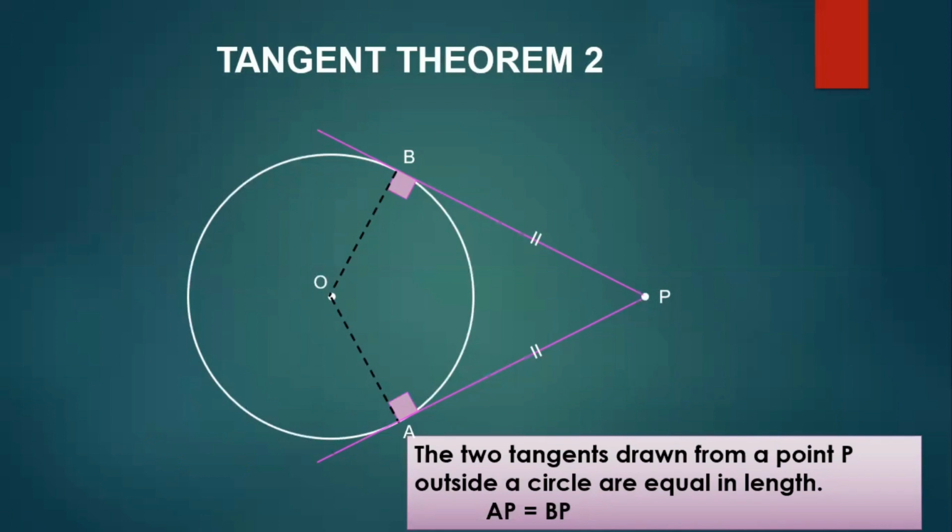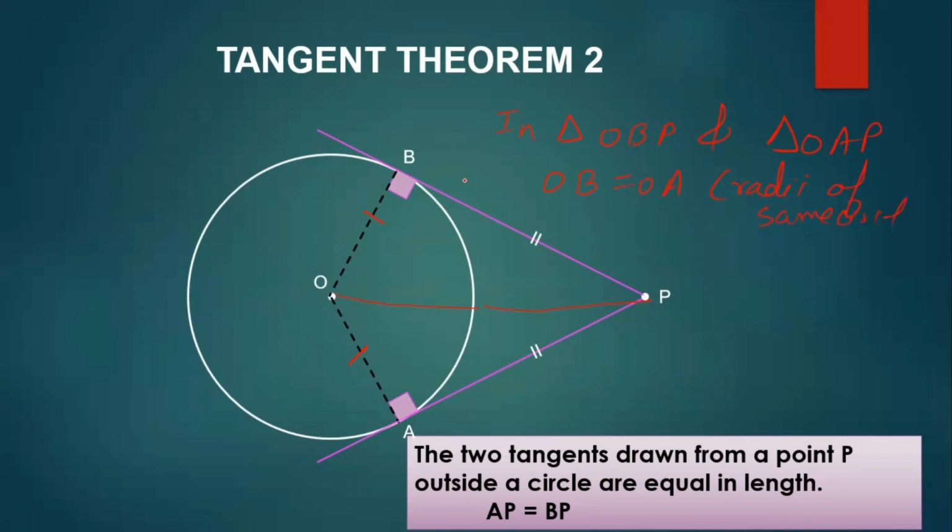Now this can again be proved, children. In class 10 CBSE, we have the proof for this. Let us join this, so we get two triangles over here. Let us take these two triangles. In triangle OBP and triangle OAP, we have OB is equal to OA. Why? Because they are the radii of the same circle, right?